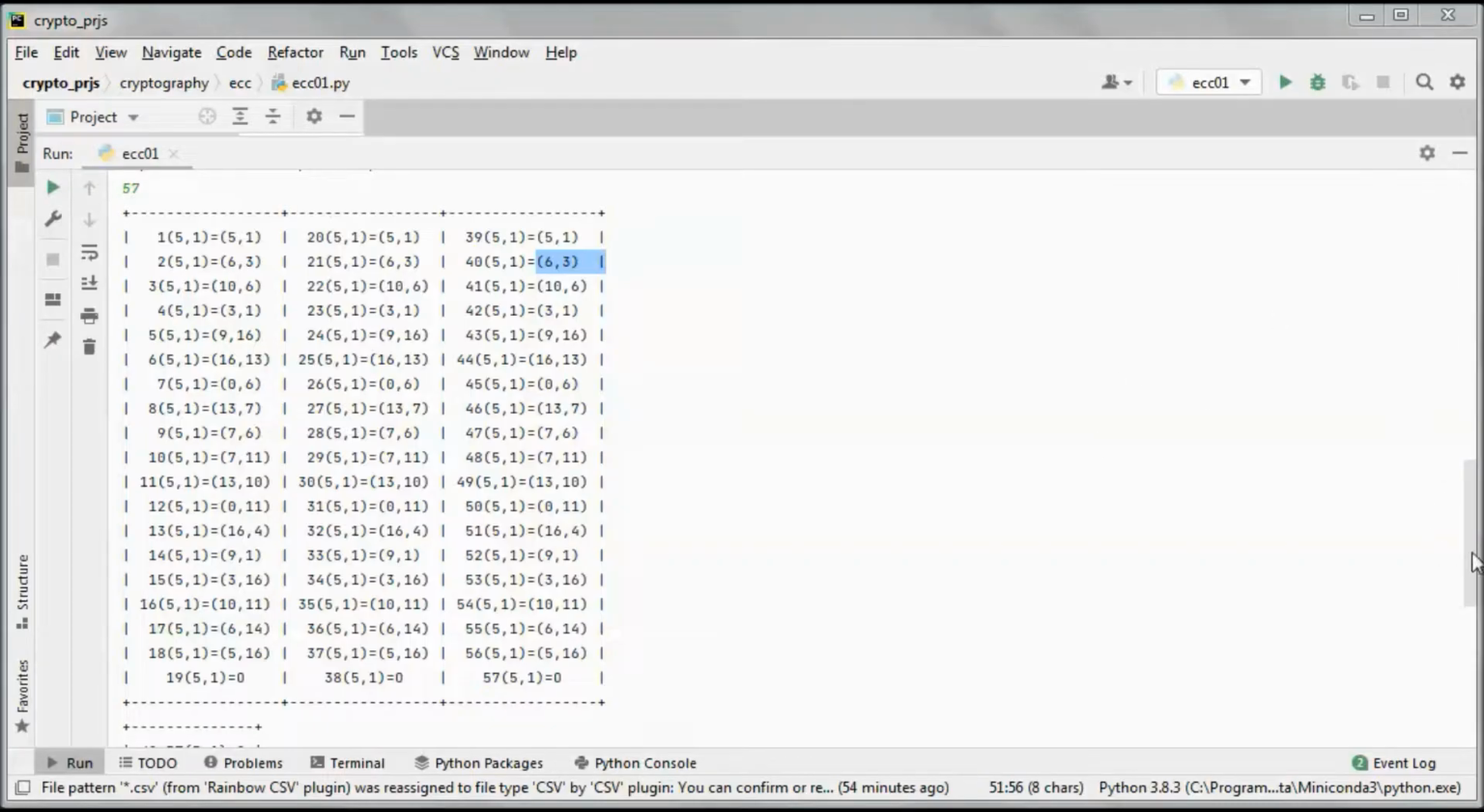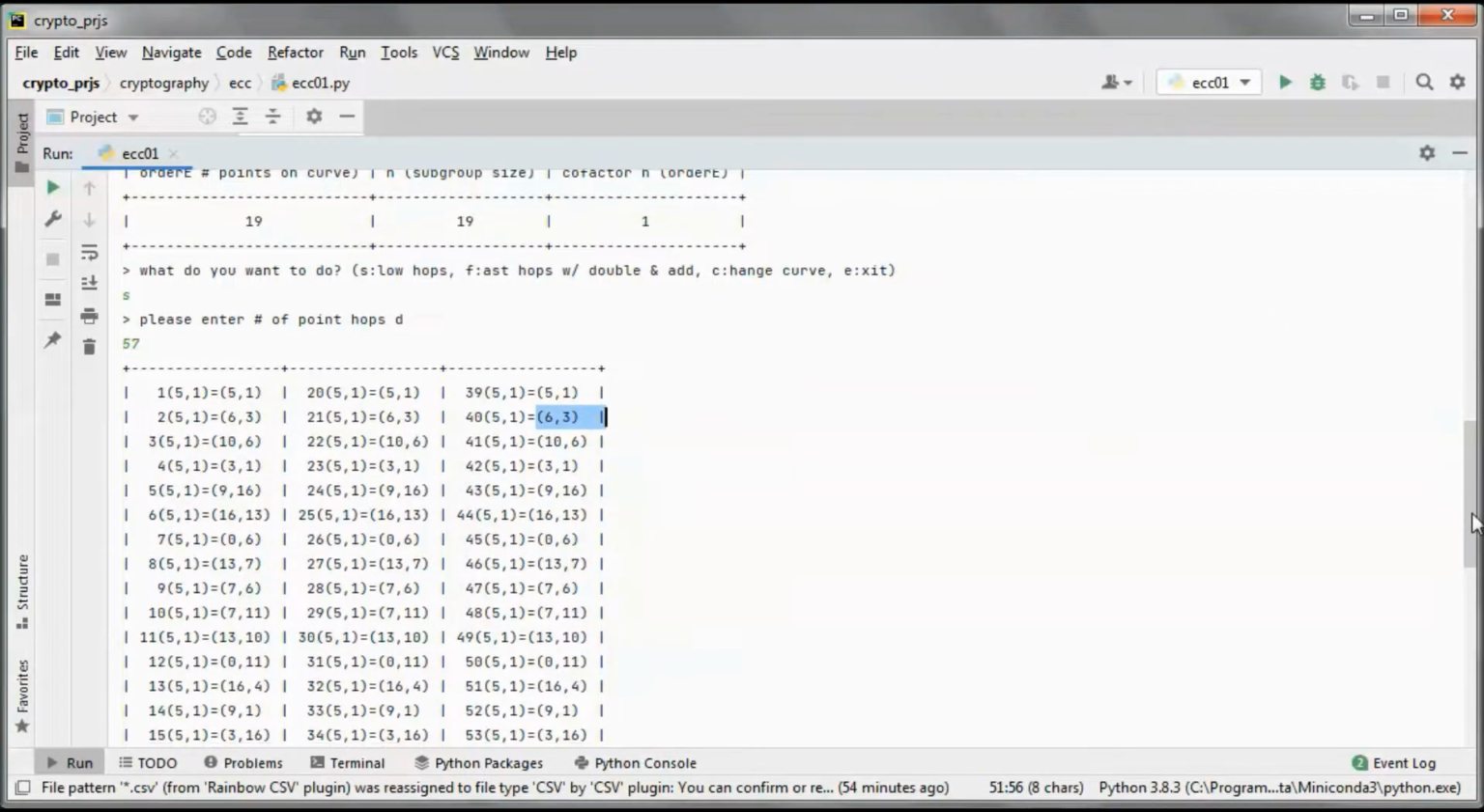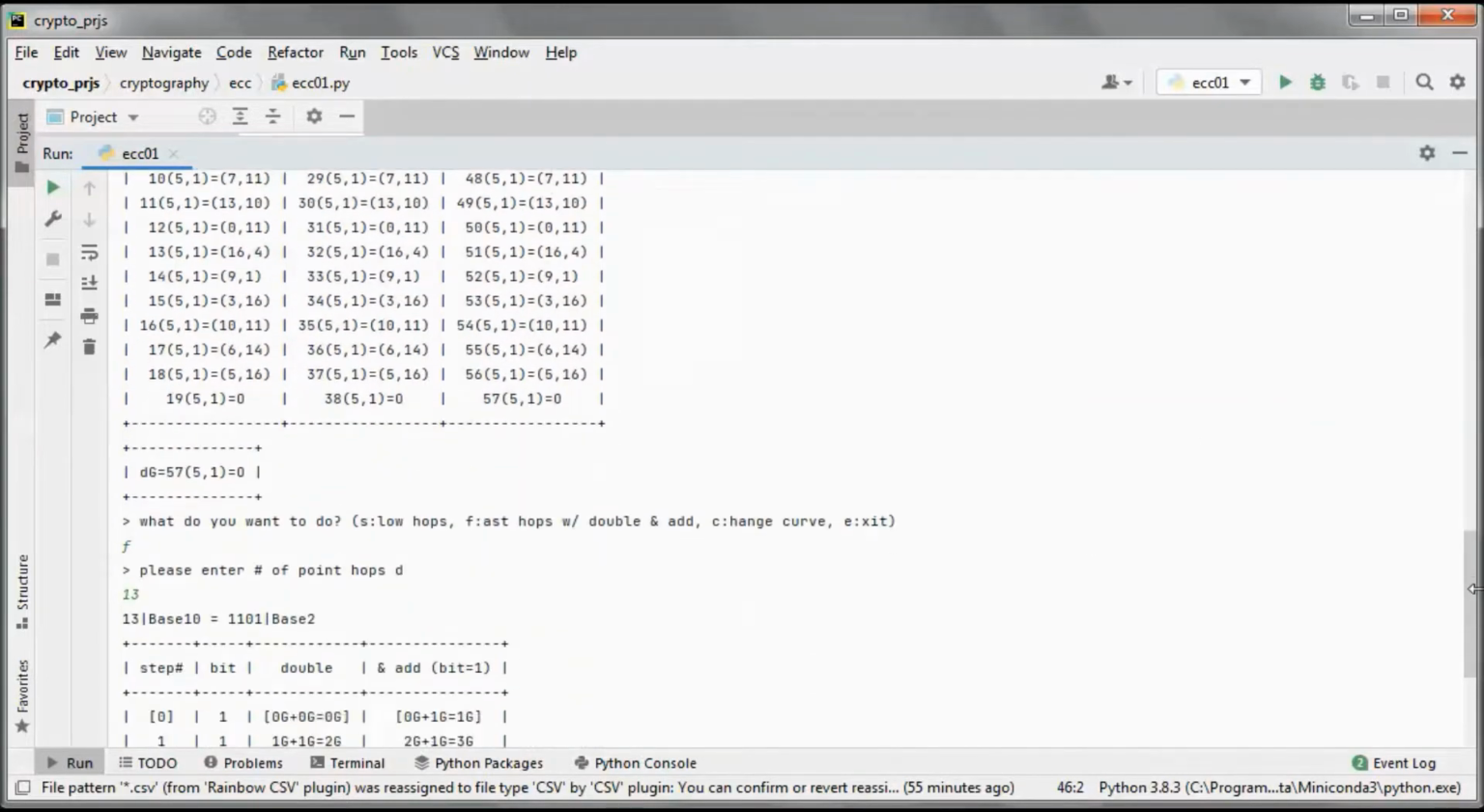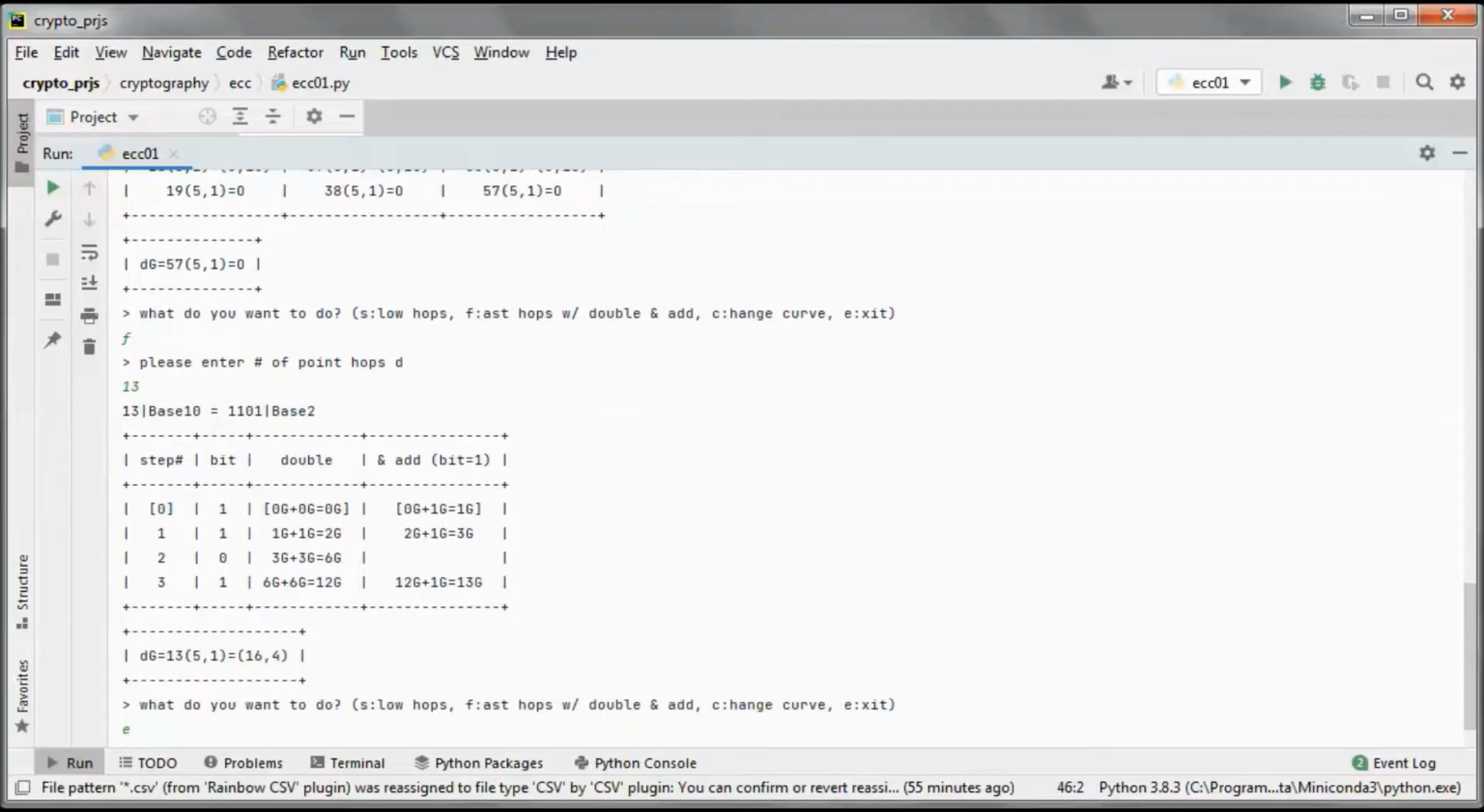Now if we have a huge number of points in the cyclic group, then we would not be able to do this, since it will take forever with slow hopping. So here we did fast hopping using the double and add algorithm,